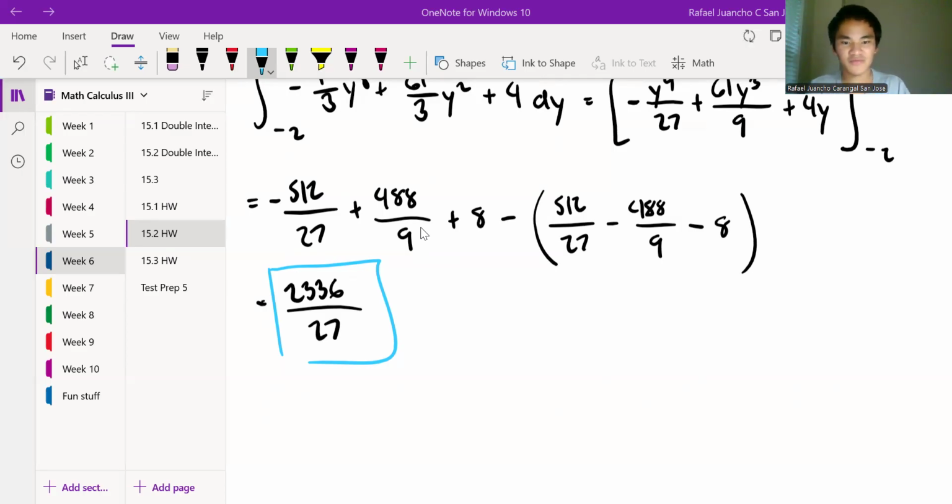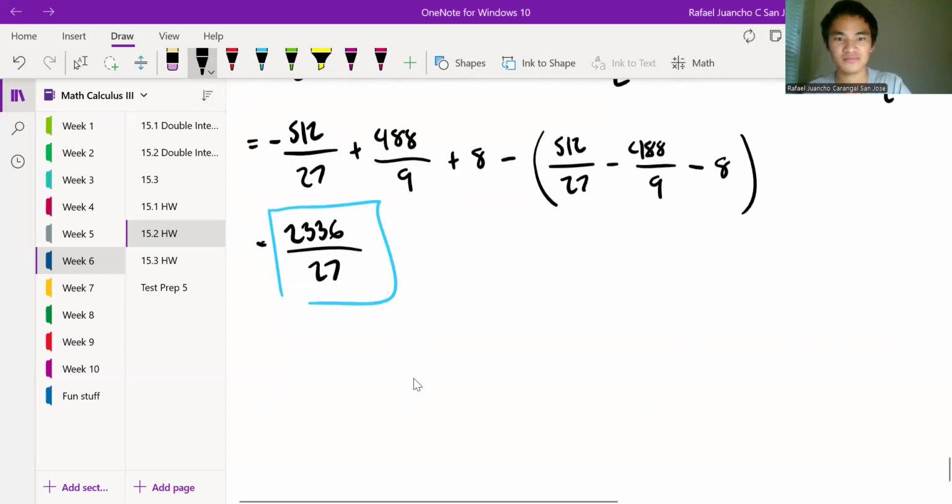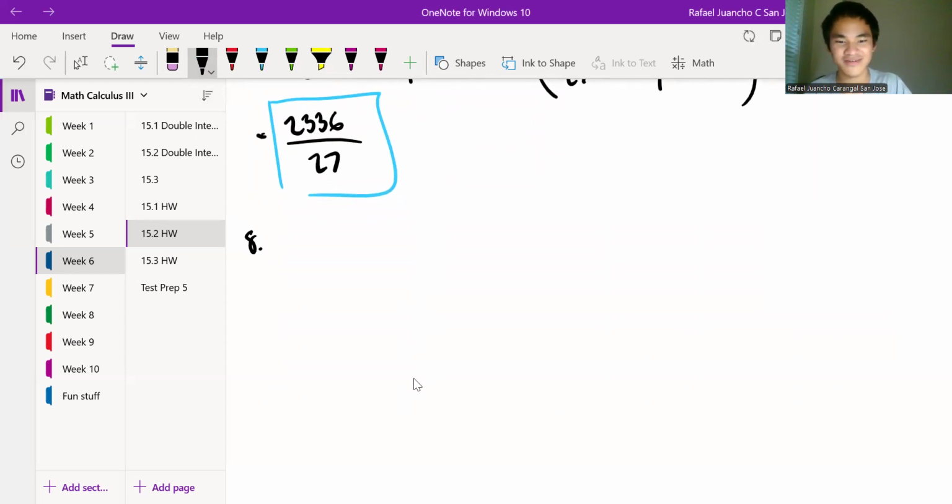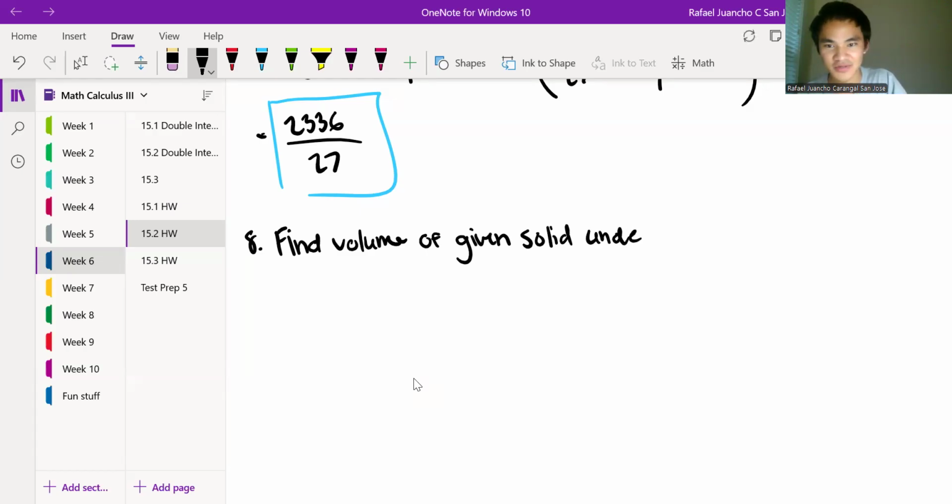Let's try doing this a bit faster. Let's see. Now that we've gone over the hard part. Okay, here we're being asked to find volume of given. After this, we're gonna take a break because I'm too annoyed right now. Under some surface, I don't know what surface this is, but it's an explicit equation of z. See if I don't rage here. And above